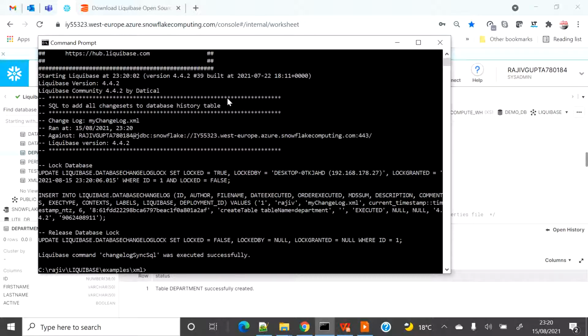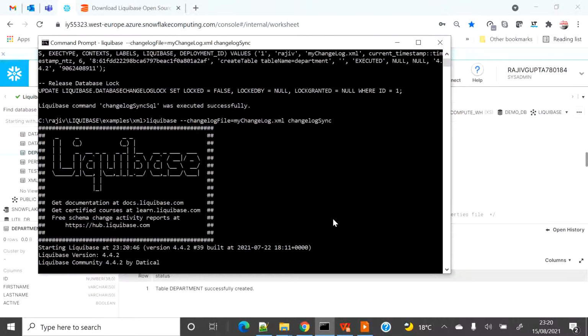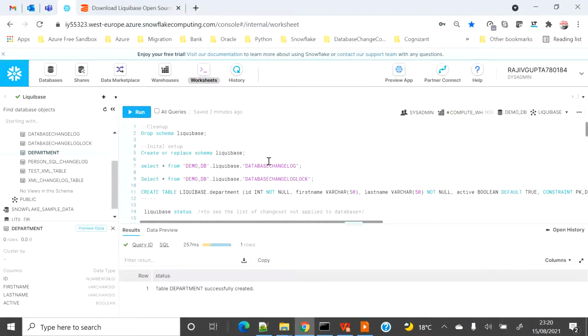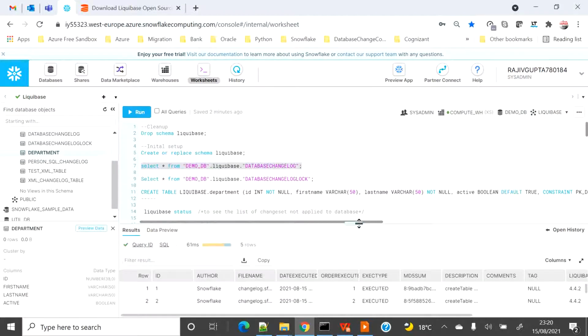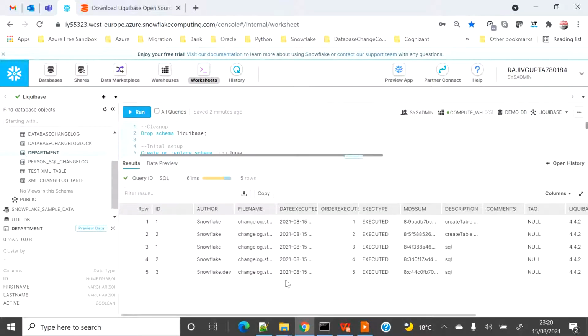So it will just resolve the issue, it will sync the database changelog so that your database structure and the database changelog are in sync. Right now your entry in the database changelog doesn't exist, but the table exists on the database, and if this changelog is applied, it will start failing. So now if I just remove the SQL part, it is now the actual statement, and it will just insert the statement. Earlier there was no entry for the department table, but now you will see that there is an entry for the department table over here.